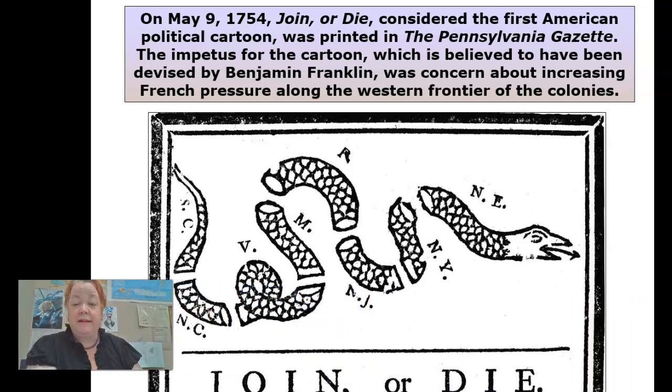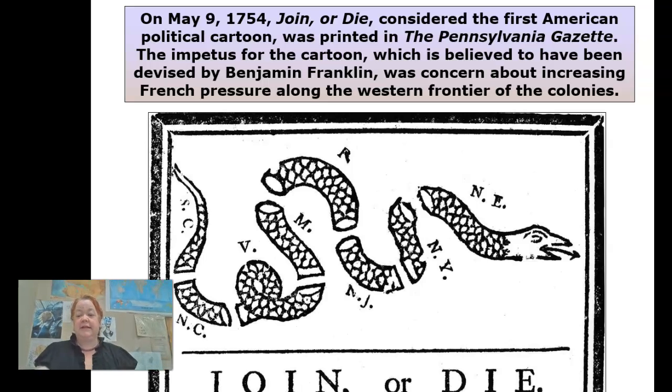On May 9th, 1754, Benjamin Franklin at the Albany Convention, I suddenly blinked on the word Albany, attempted to unify the colonies. The British government was not happy about this, but this is where his dream was born, at least. And yes, he did live to see his country, the colonies, become one unified country.